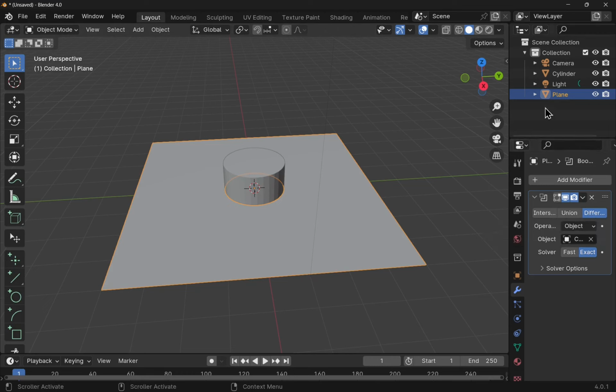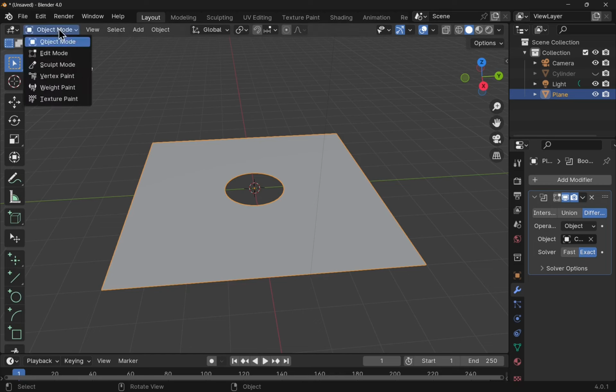If we come up to the top, we can hide the cylinder, clicking on this icon, and we get the hole in there. The next thing I'm going to do is extrude this. I'm still in object mode. If I come over to edit mode,